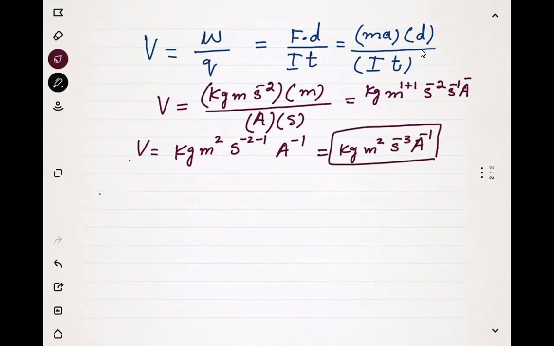Another perception for this is that voltage could be written as power over current. Sorry, as you see, power is current